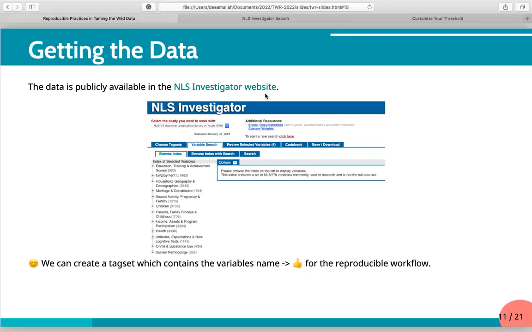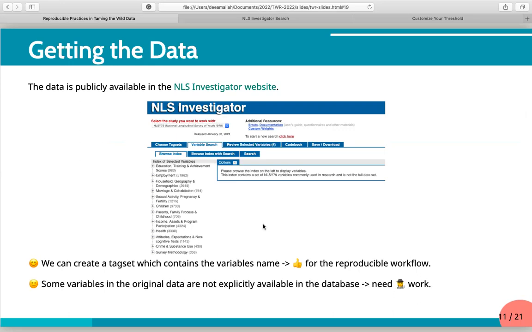And what I like about it is this tagset. There is a tag of the variable names in the raw data, and we can upload it again in the future. So it is really good for starting a reproducible workflow, because they already give us all of the raw variable names. But the bad news is that, because we want to refresh the old data, some variables in the original data are not explicitly available in the database.